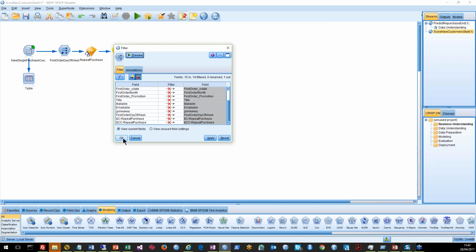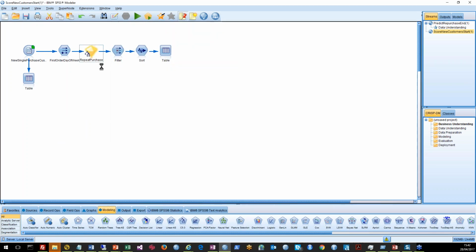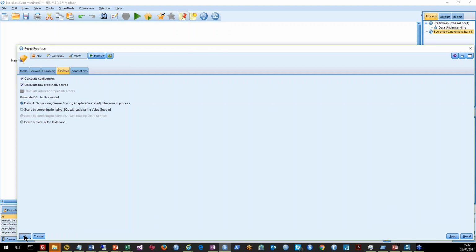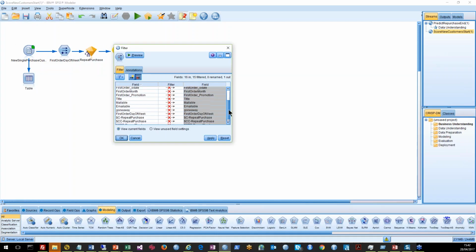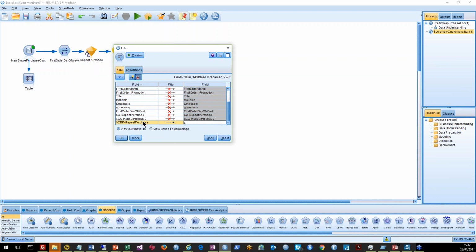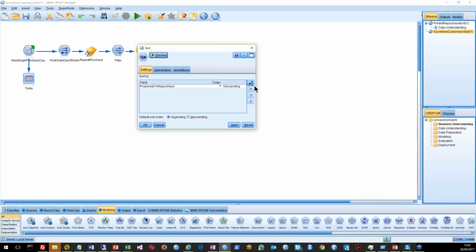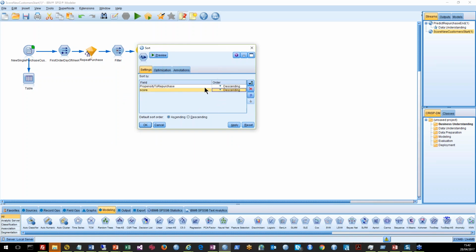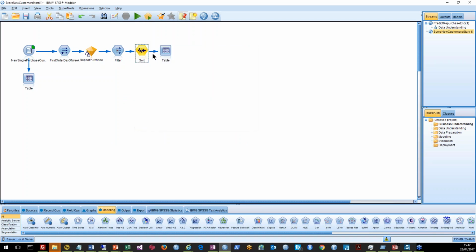Oops, sorry, I turned off the actual prediction. Let me turn the propensity score on, because that's quite an important part of the process. So I'm just going to turn that back on, and that's that thing there. So I'm just going to say, I'll just call it score. I'll probably call it propensity score, and I'm going to sort on score. I called it propensity to repurchase when I first did this. I'm feeling lazy now, so I'm just going to run that again,